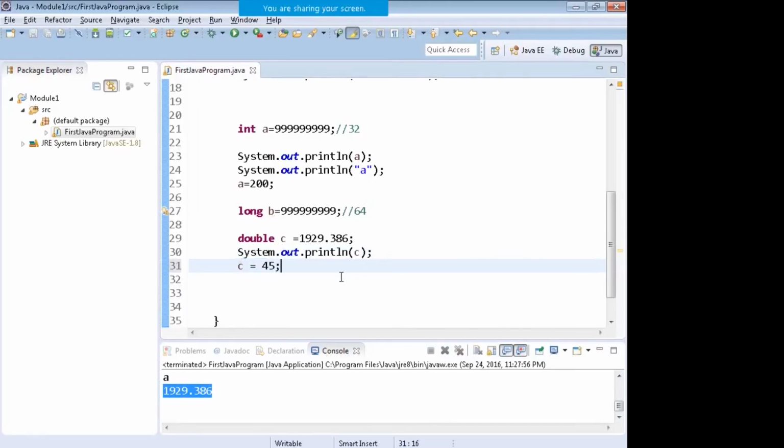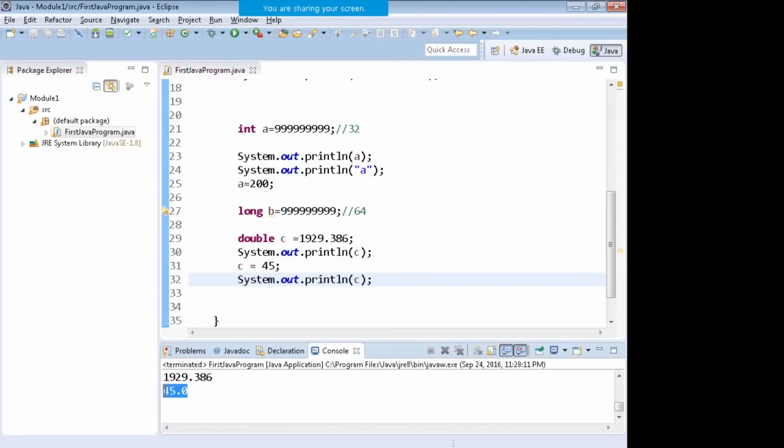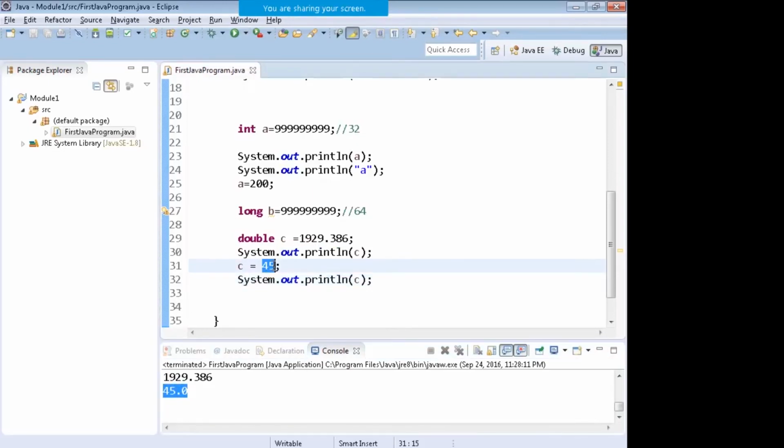I can put an integer as well, but if I print this, it will be printed as a decimal only, 45.0. In long or int, if I try to put a decimal, you will certainly get an error. You cannot write 200.45. So there is a little bit of difference.